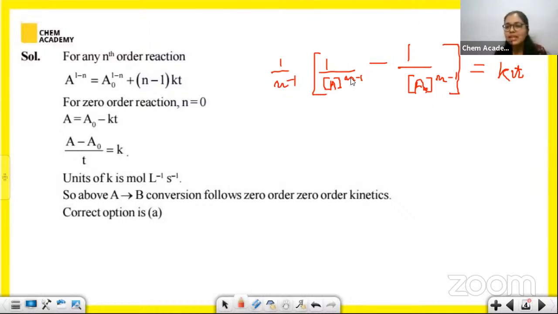Now here you can see different places where we have n. Suppose if we have to calculate the value for a particular order, we will just replace n by that order and we will be able to get the integrated rate equation for that particular order. Now over here,